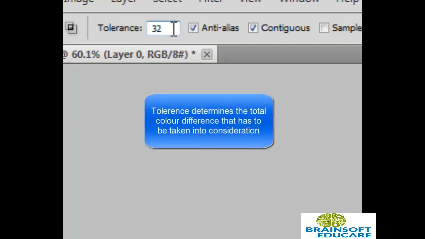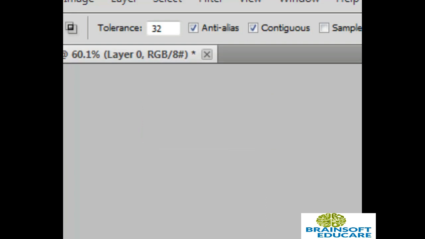The tolerance over here means that in the color range of the point that we have clicked from, how many pixels above and below the selected color should the magic wand tool select. For now we will leave the tolerance at 32 only,